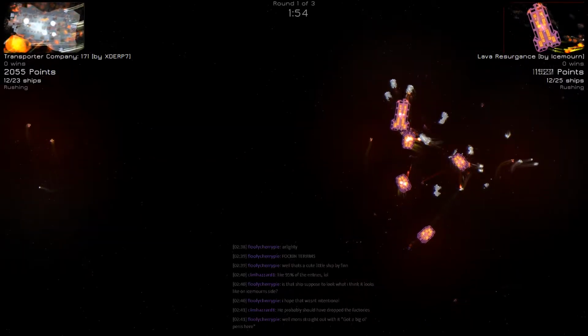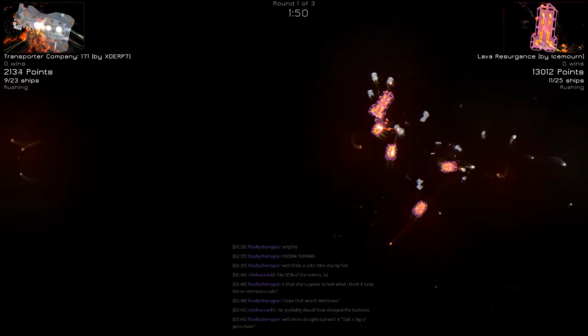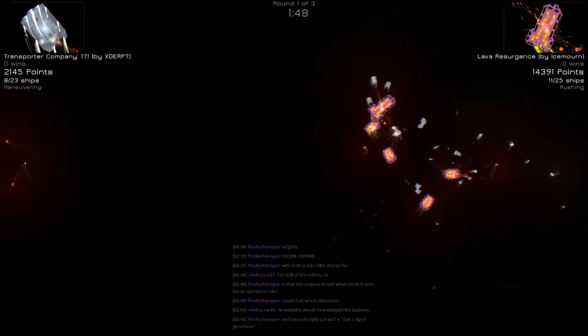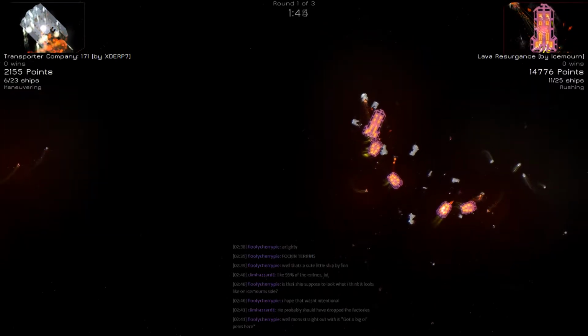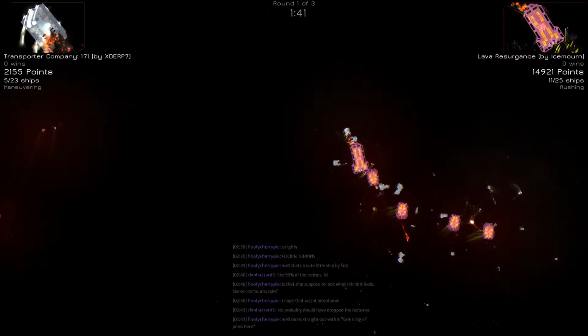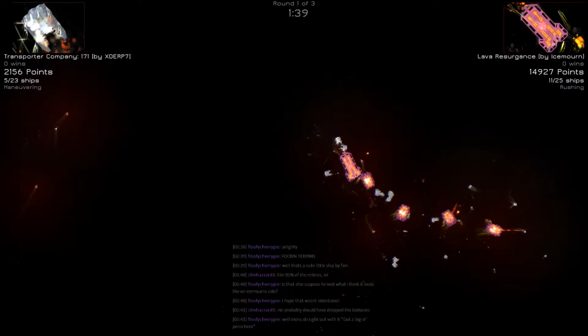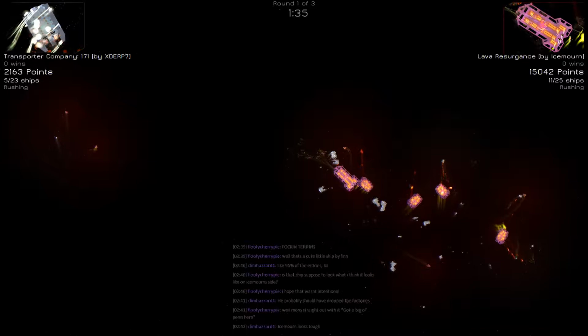we can see the melee rusher is giving a huge early advantage to Icemourn's fleet. Unfortunately, it looks like Excerpt 7 is not using melee armor or even the armor plates, which is giving Icemourn a tremendous upper hand. In this first round, you can see the point discrepancy between the two is